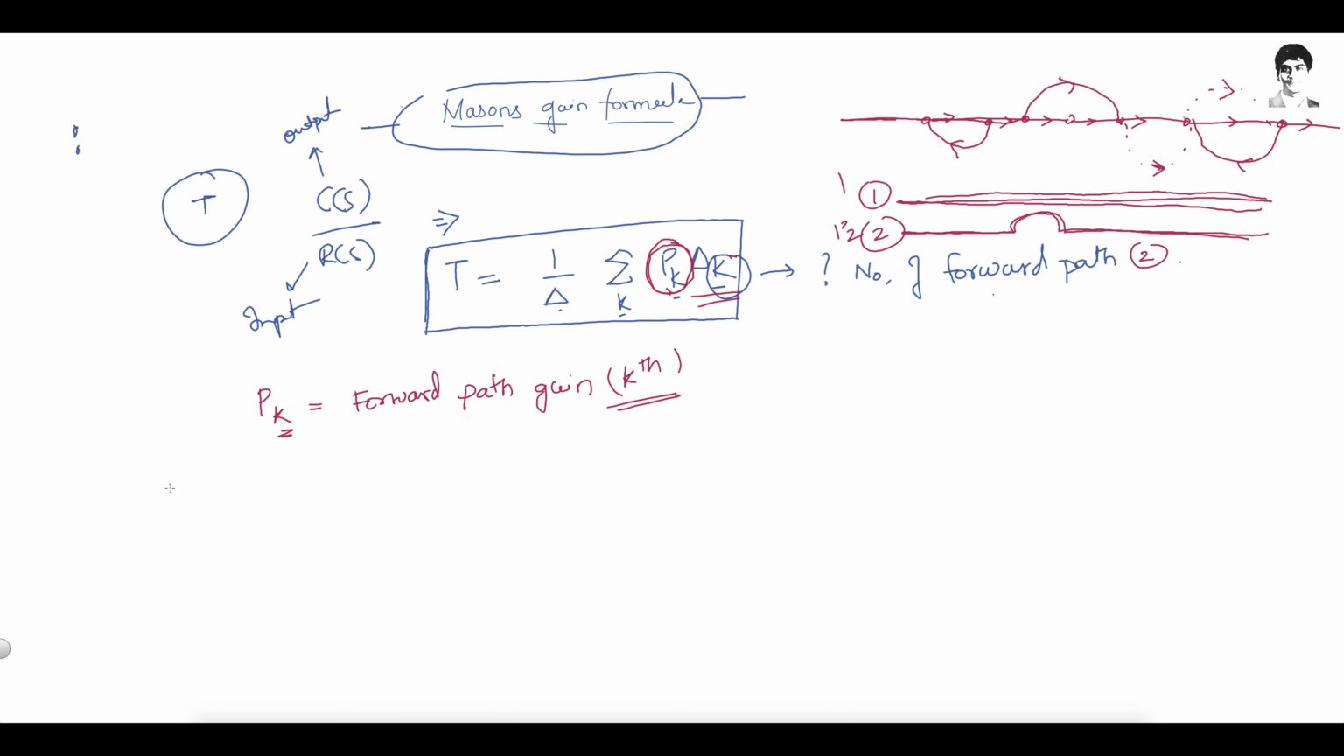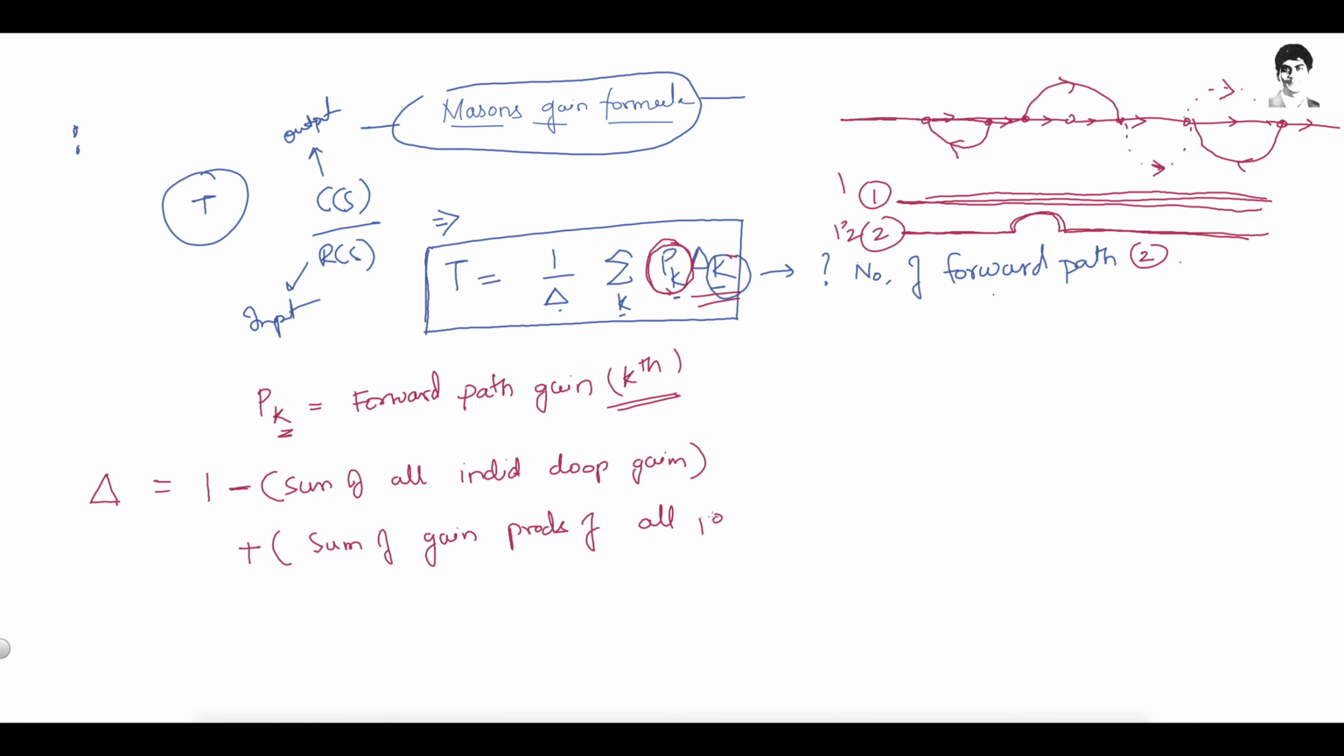This deserves a little bit of attention. First I'll tell you what delta is. Delta is 1 minus the sum of all individual loop gains. So we did a minus. Now this is going to be plus the sum of gain products of all possible combinations of 2 non-touching loops. I'll come to this. This is why we are having an explanation of the formula in the first place. So now we did a plus, so now minus